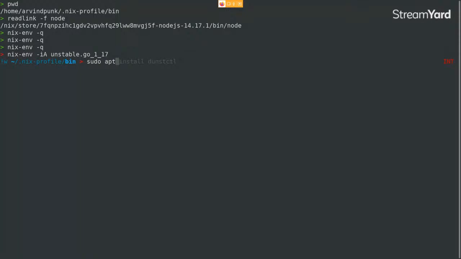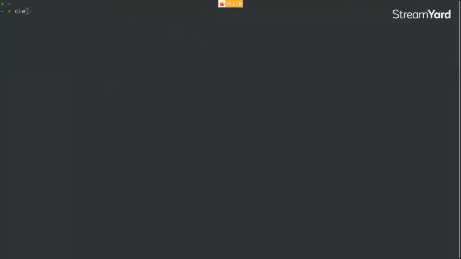I use it all the time. There's some stuff in APT which doesn't exist in Nix, and sometimes you have to do that. Nix is kind of nascent in terms of all the packages that we have. There's a very nice website where you can search for all the packages as well. I'll link to it. But before that, let's go to